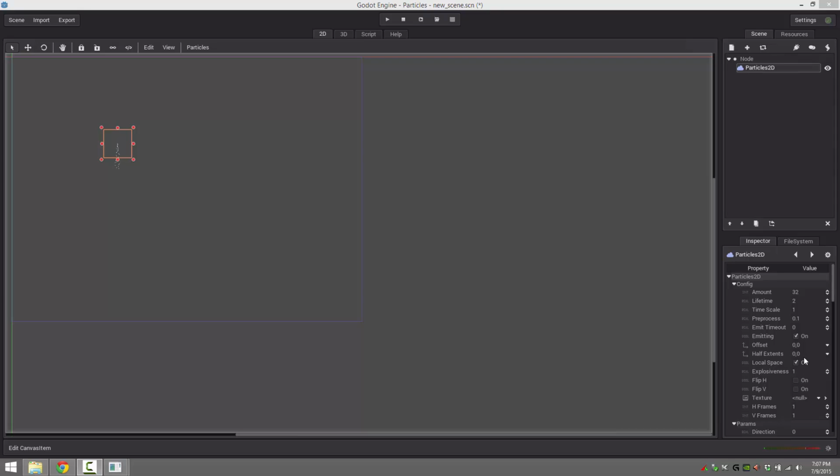Right here, your local space. And this is how the particle will be contained. And so if I turn that off, you'll see the effect. If I move this particle system around, you see what's happening here. Now if I turn that off,